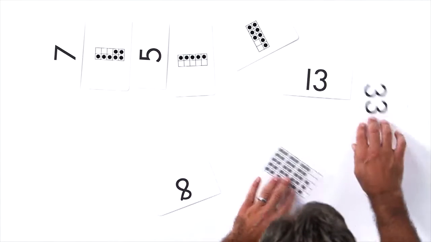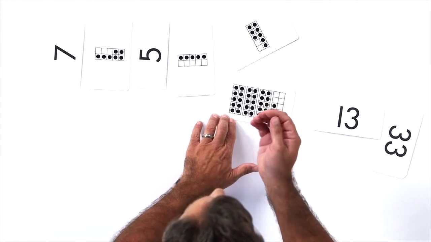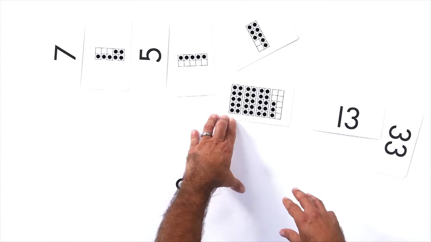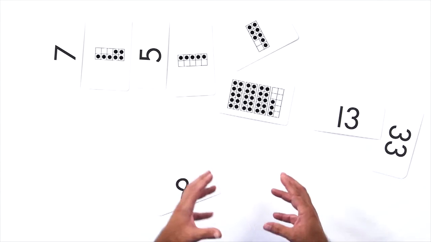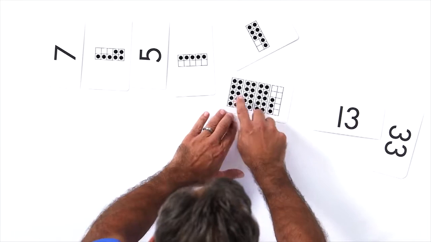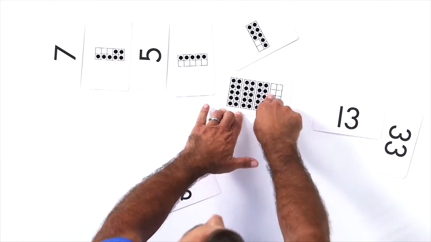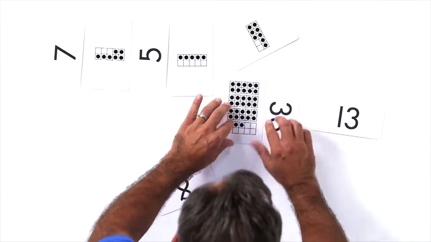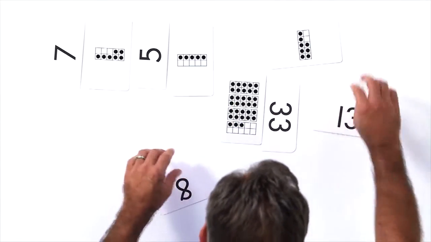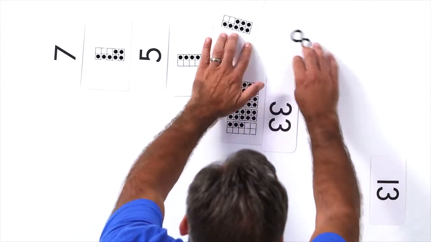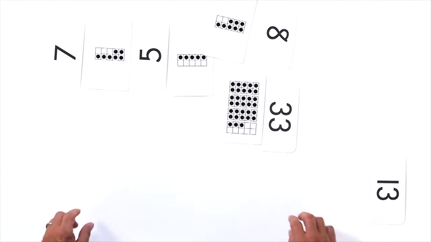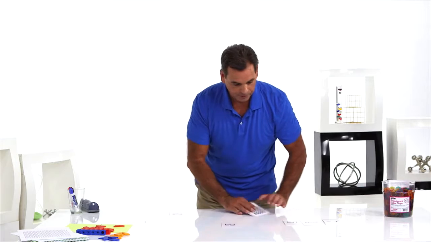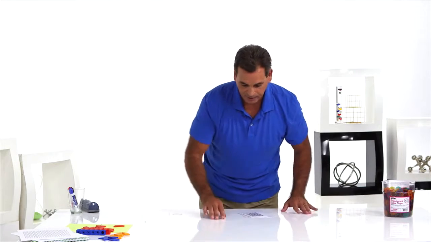And then numbers like 33, we want them to do this. 10, 20, 33. Remember, we were working on that in another standard. In kindergarten, everything's so connected standard to standard. 10, 20, 30, 1, 2, 3. Remember, I did that on the hundreds chart? The same thing we want the students to do in this activity. 8. Okay? Another neat activity, and the purpose of this one is to really understand that